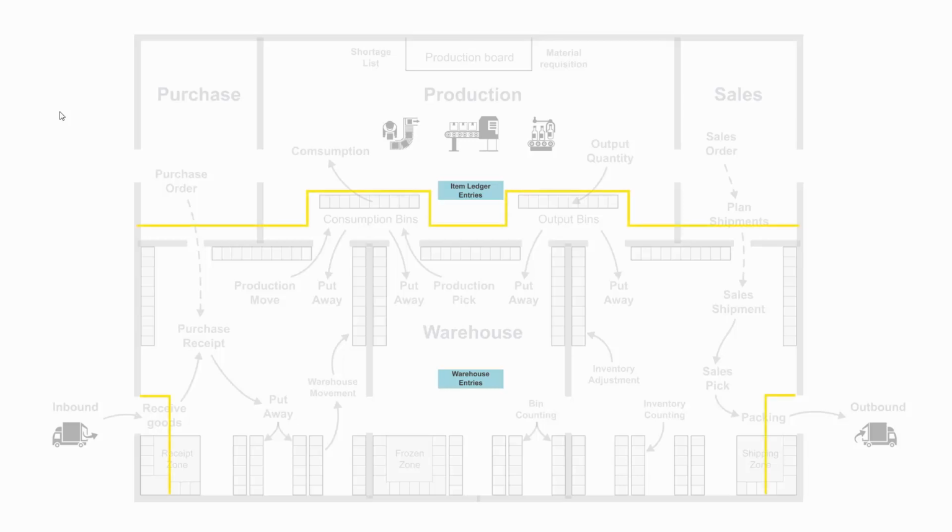Normally the item ledger entry applies to documents and to handlings, outbound and inbound, and the warehouse entry relates to things that happen in the warehouse. The correlation between those is very important to understand. Let's take a look at those entries in Business Central.